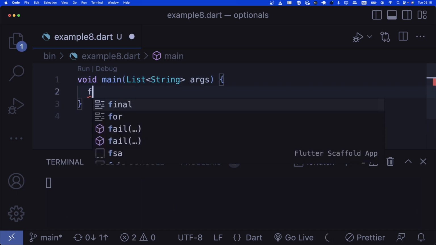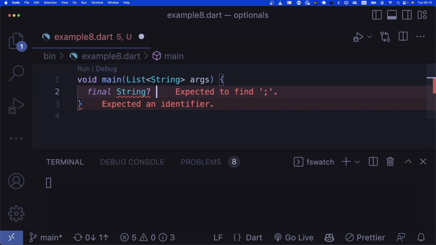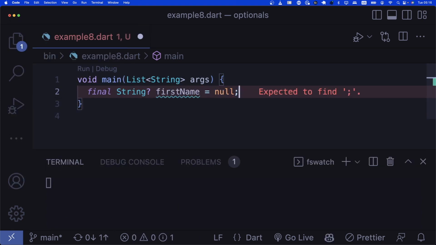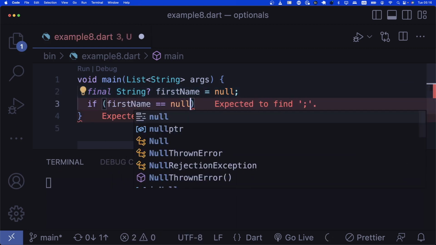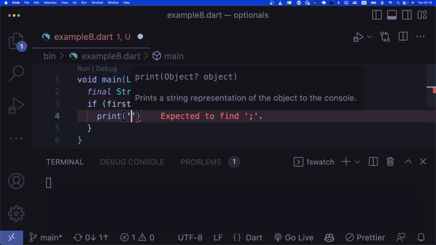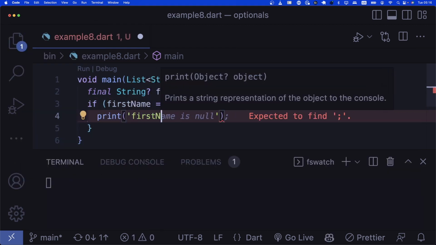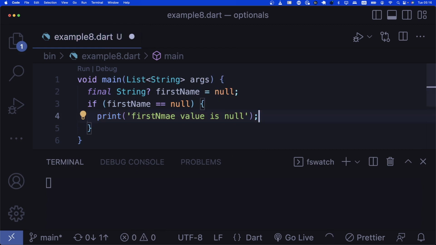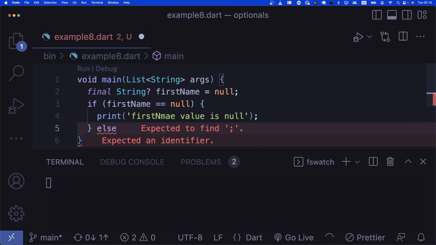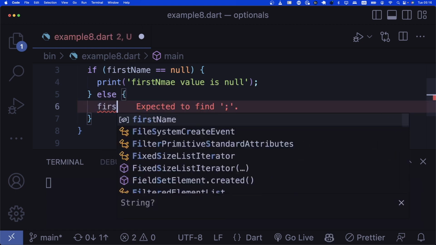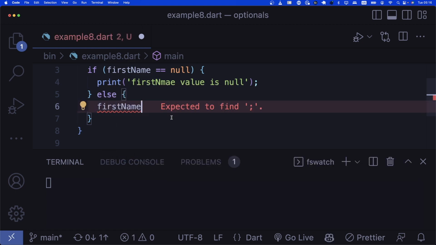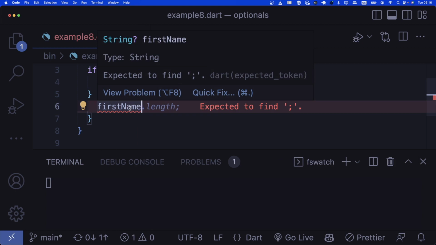Let's go ahead and create a final variable in here. We say final String first name, and we explicitly set it to null because it's a final variable. Now you say if first name is null, then you can print and say first name value is null. However, if you create an else branch in here, what happens is that first name, even though in here it says it is an optional string,